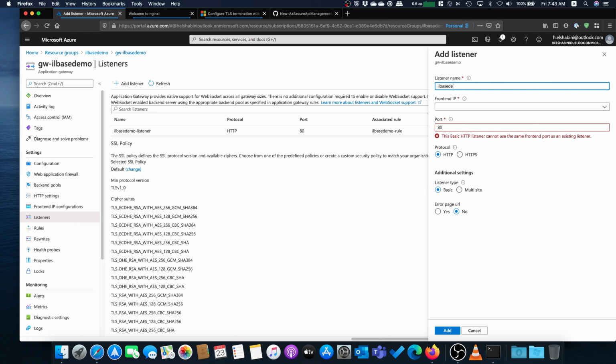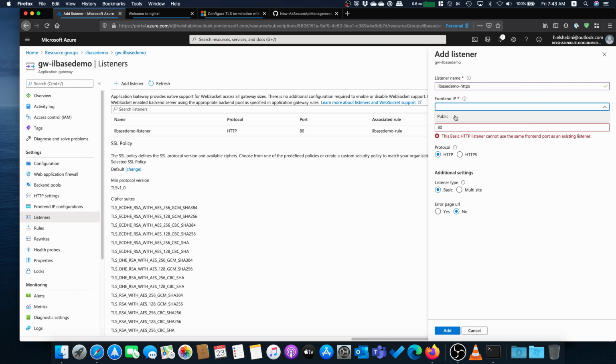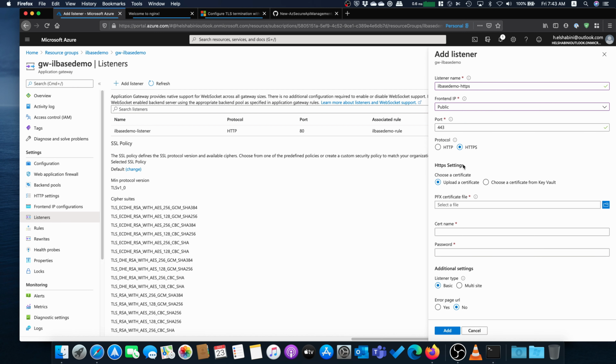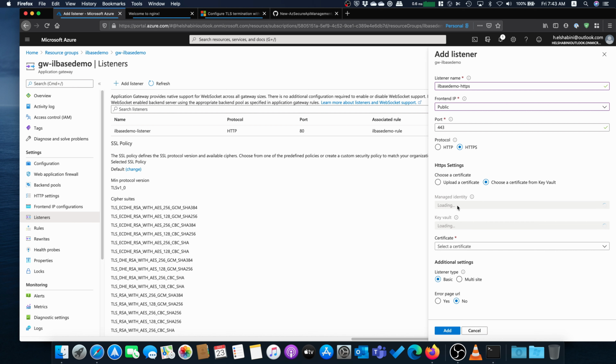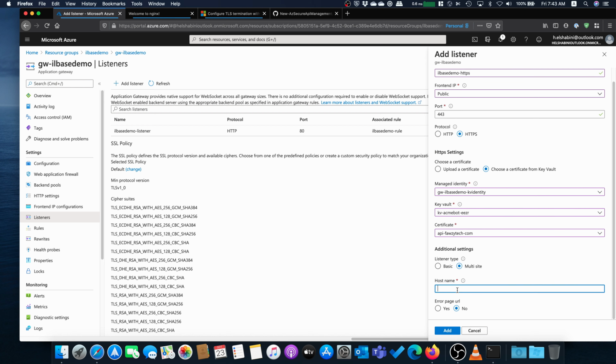And then ILB ASE demo HTTPS, the public IP as normal, and I choose my certificate. First, I choose what identity I want to assign to my gateway, then the KeyVault, and then which certificate. So I have a certificate right here, and for this, I'm gonna choose the different type of listener, which is a multi-site listener, which means listen only for the request if it has